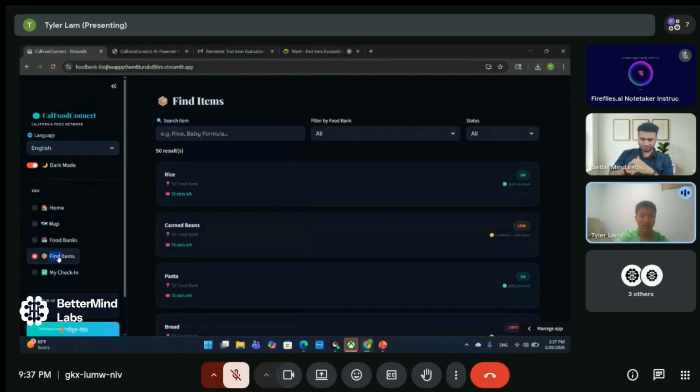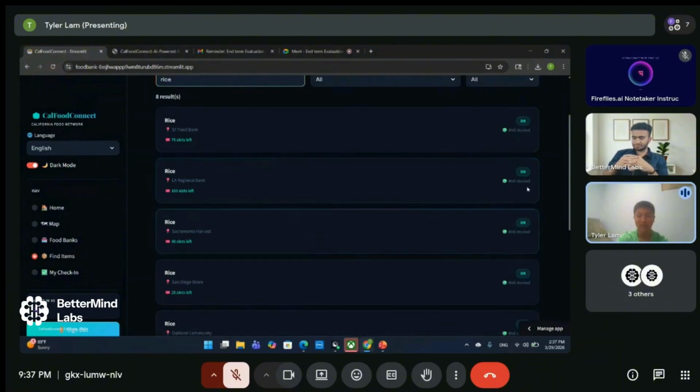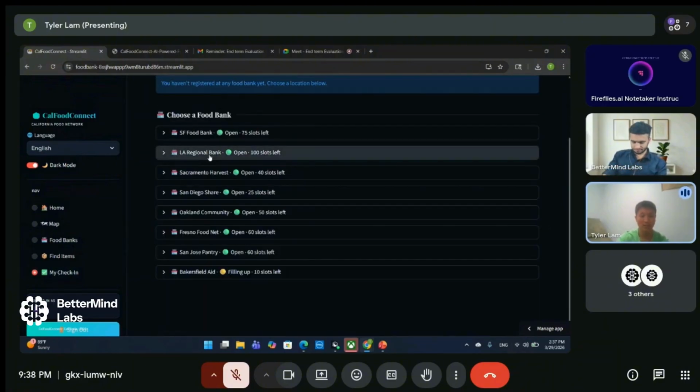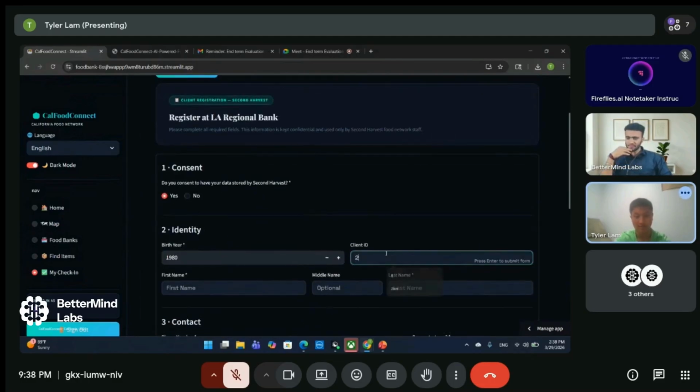And then if you want to find a specific item, you can search it up here and it will show all the food banks that have this and how much of it they have. And then here you can check in to a food bank. So for example, if I do this,